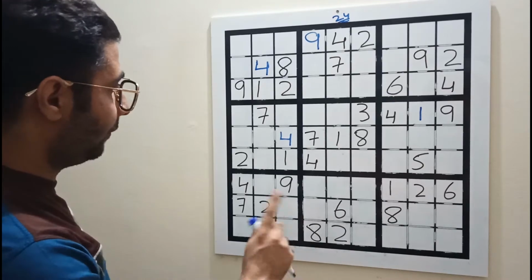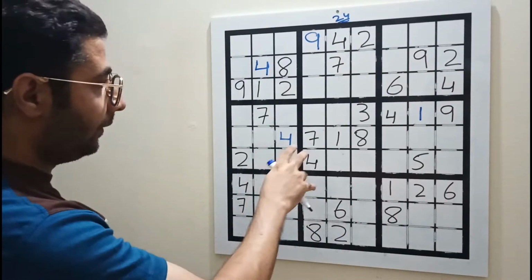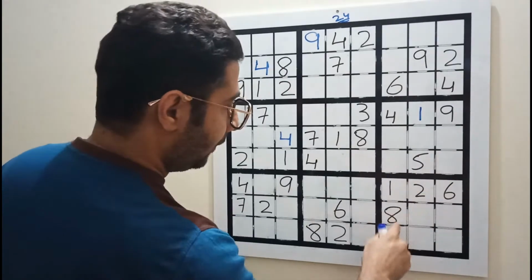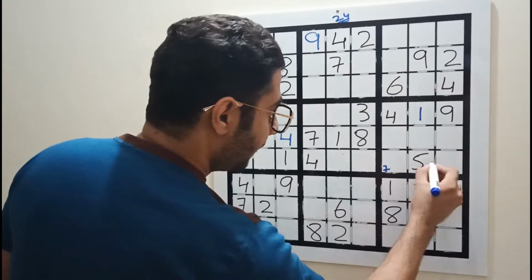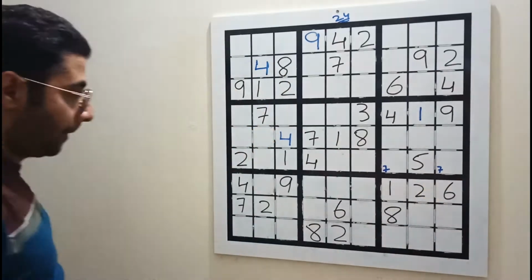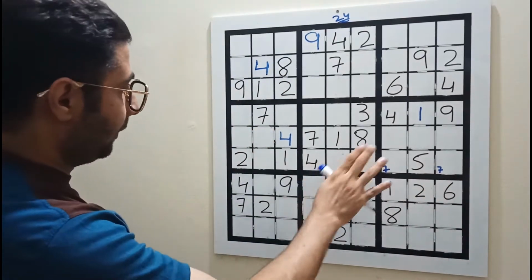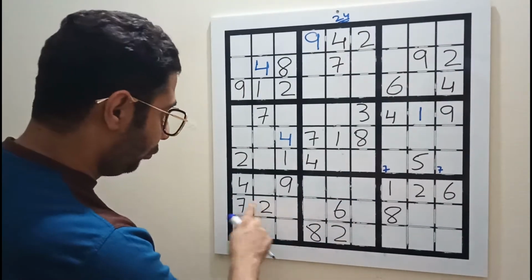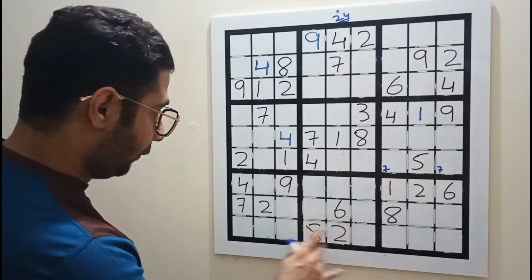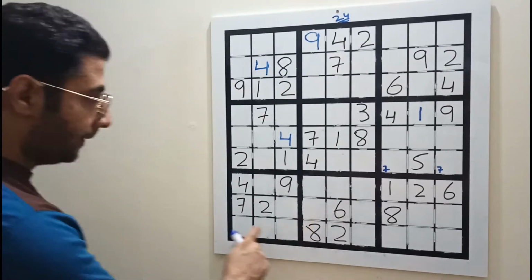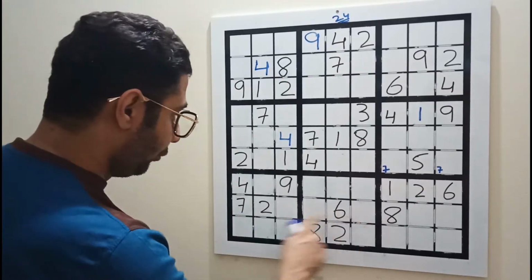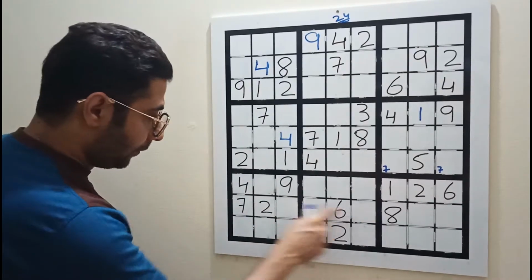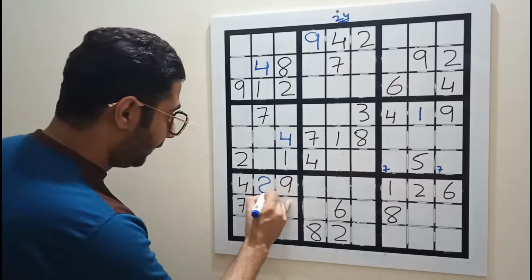5, we got 1 5. 6, 7, we got 2 sevens, top, middle, bottom, either here or here. Okay, this 7 and this 7. 8, 9, leave it. 1, leave it. 2 twos are done. 3, 4, 5, 6, 7, we got 2 8s. We cannot place it here nor here. Only place 8 can go is here.